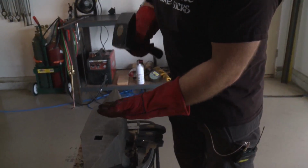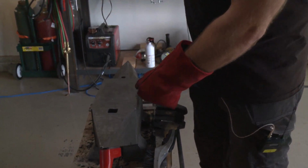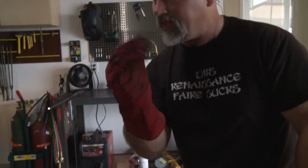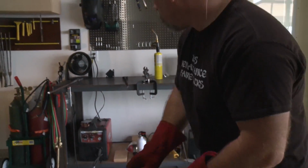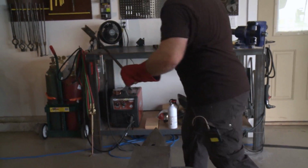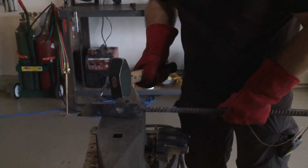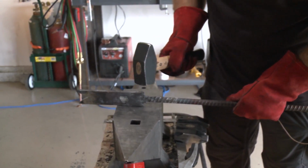You want the force to make the bars stick together, but don't hit like that, because what you're going to do is you're going to make the steel bend like this, right? And that will cause gaps and bad things to happen. So this one has already been welded together, but if this was that one, what I would do is you move the billet, you don't move the hammer, and I would just start back here and then,